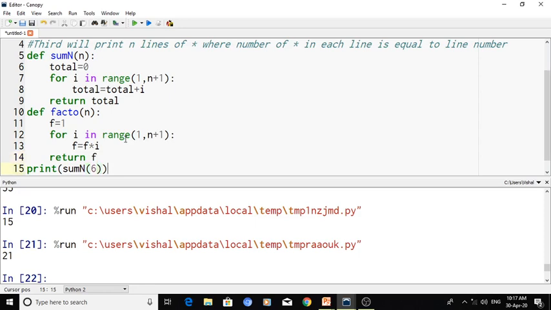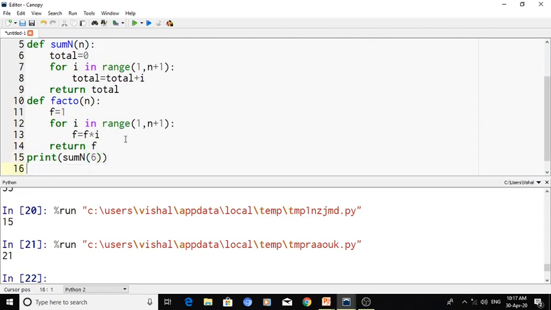Now next I need to call that function. Print facto. So line number 16 is the call to that function facto.